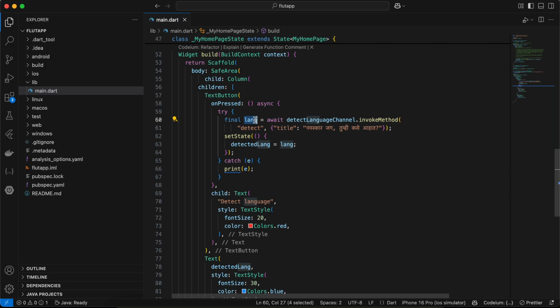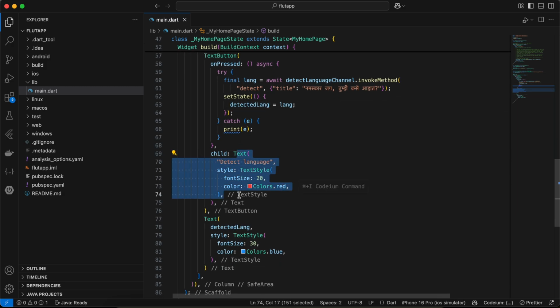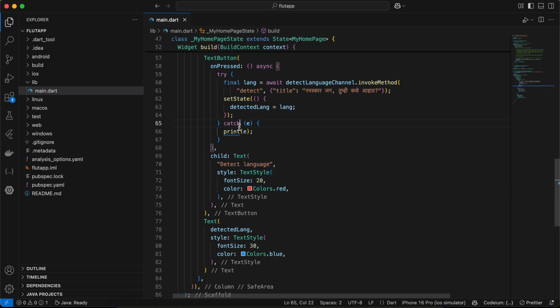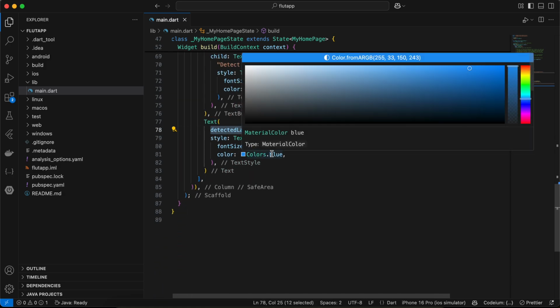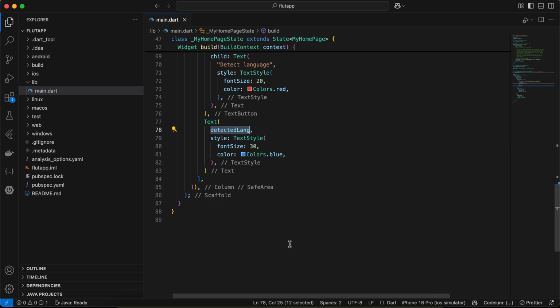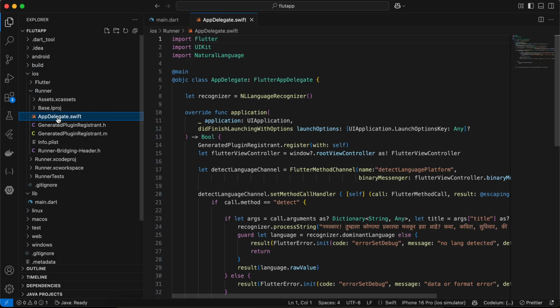Once the language has been detected, we just update this variable, and this text is for our text button itself, and here is our text of detect language. So that's what we are displaying over here. Okay, so pretty simple. Next we just go to the iOS part, go to Runner, go to AppDelegate.swift, and